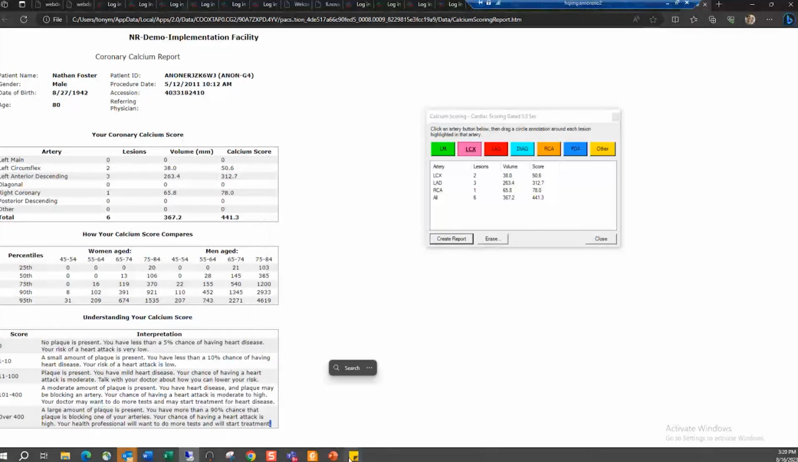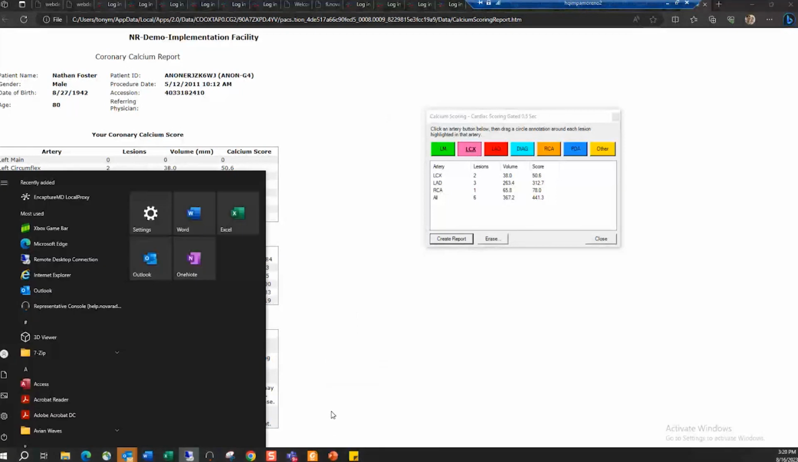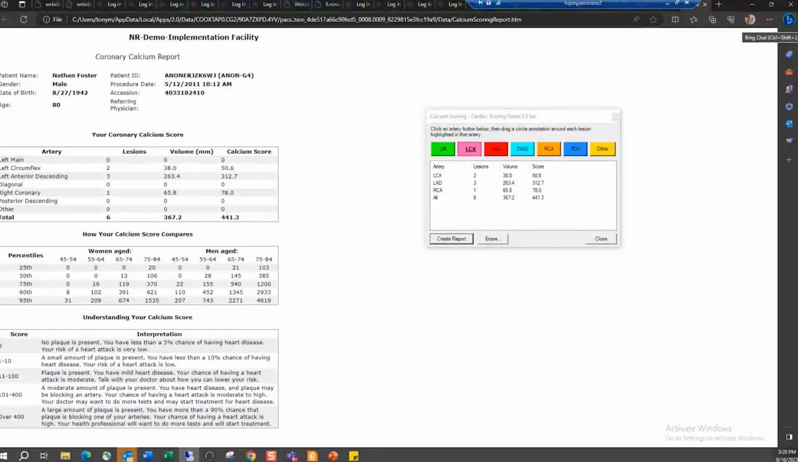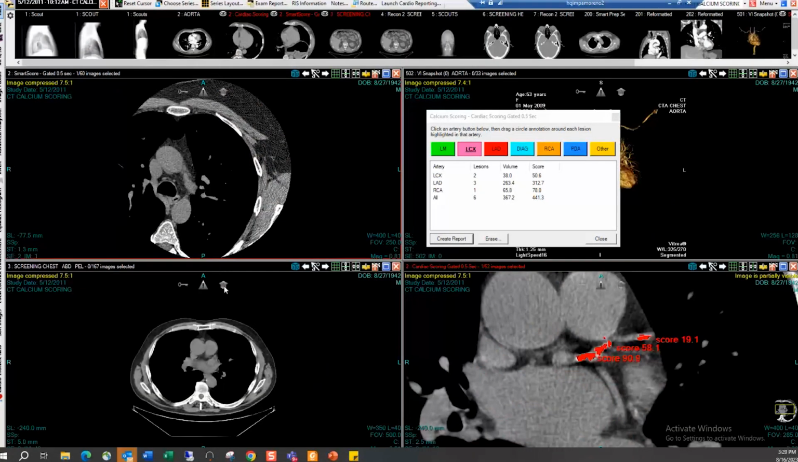Okay, hold on. Let me grab my machine again. Sorry, my main computer took over there. So